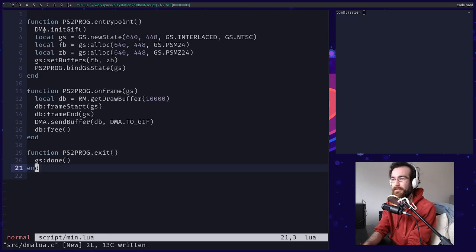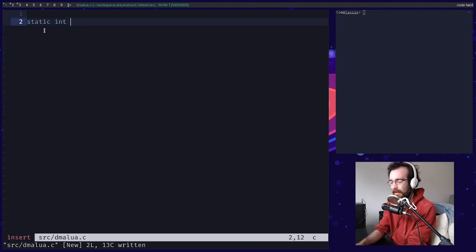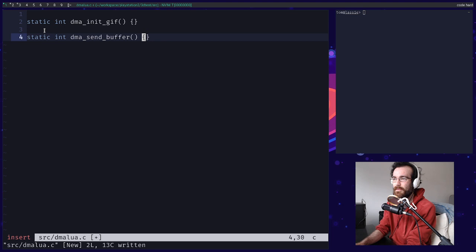What are our functions? What are our functions called? Init and send buffer. DMA init GIF, and static int DMA send buffer. Perfect. These are going to be our Lua state